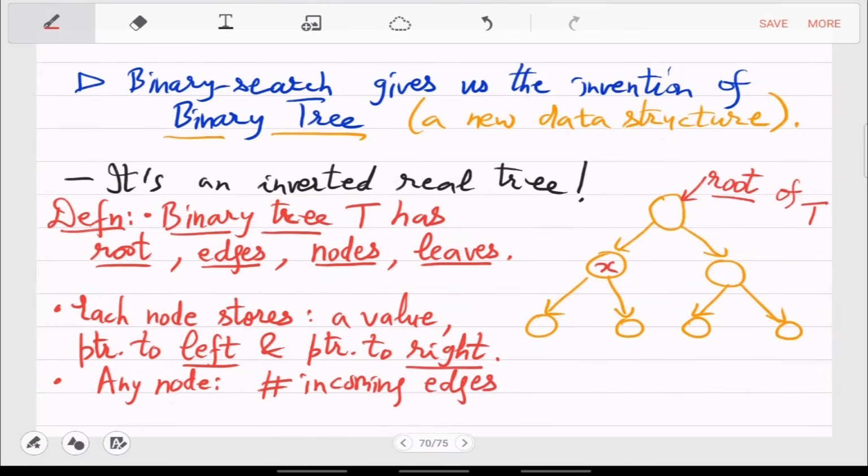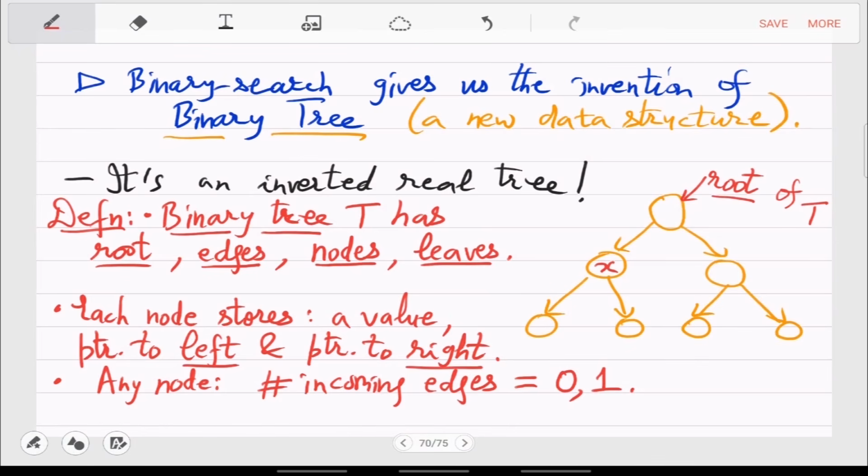Well, not necessarily 1. Root has 0. So the incoming edges can be 0 or 1. When the number of incoming edges is 0, that is the root. And when it is 1, then it's somewhere other than root, it's an internal node. It's called an internal node.